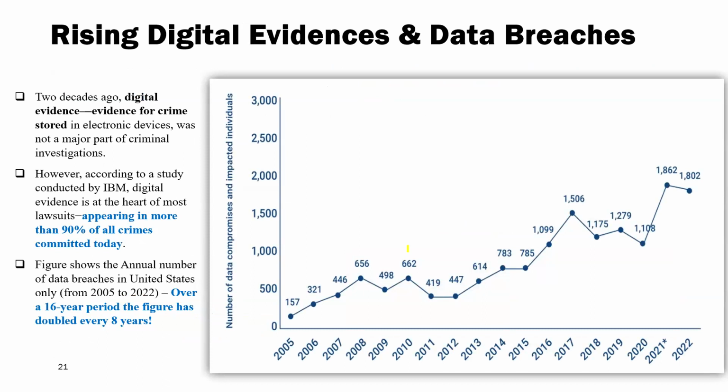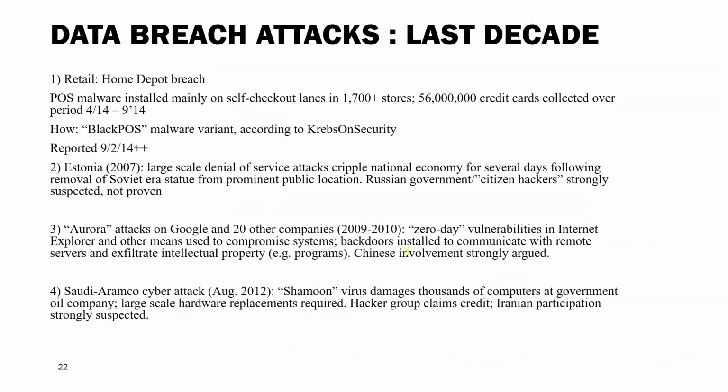So you can see, in the past years from 2005 to 2010 or 2012, it was a bit slower. But the moment we increased the throughput, automatically it started jumping. So these are the challenges that are waiting for us. If we look at the last decade, or at 1 year, or at any month, you can find a lot of attacks and a lot of data breaches. Again, as mentioned, the time is limited.